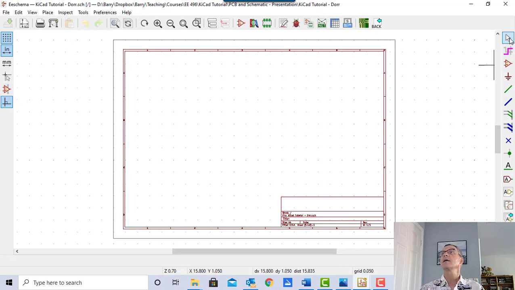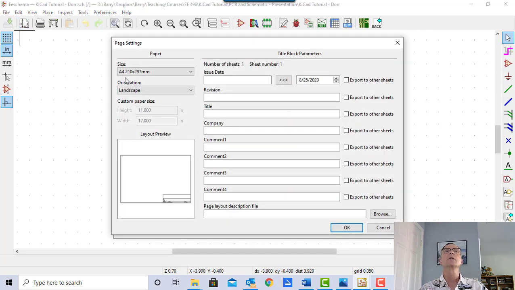And then here are our tools. Here's where we'll place a part, or we'll draw a wire, or we'll draw a connection or something like that. But before we get started, I want to make sure that my project fits on an 8.5 by 11 sheet of paper. So what I'm going to do is go up to the page settings, and I'm going to go here,